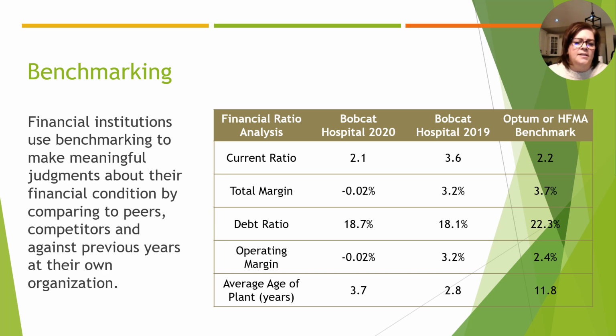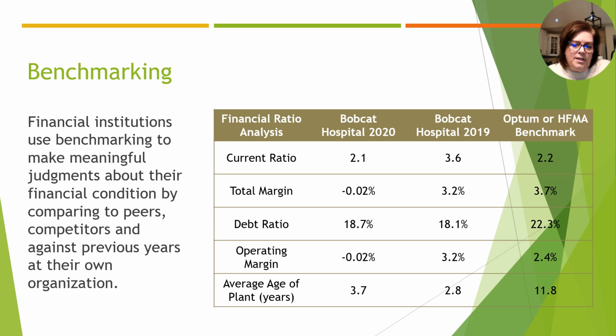So just a couple of the examples, the current ratio. So the current ratio is current assets divided by current liabilities. And what you're getting from that is what your immediate liquidation of your current assets at book value would be for every dollar of liability. So essentially, for example, if you're looking at Bobcat's 2020 current ratio at 2.1, what that's telling you is that you would have $2.10 of cash for every